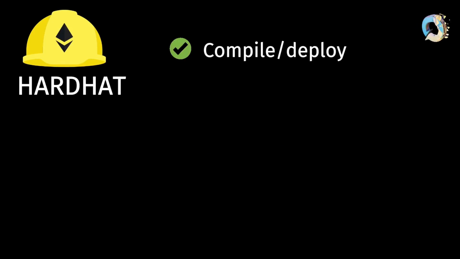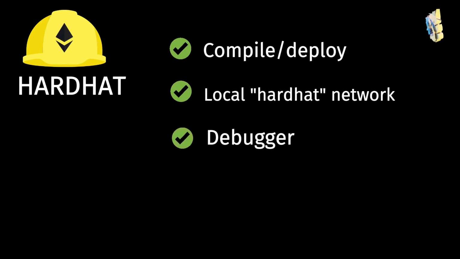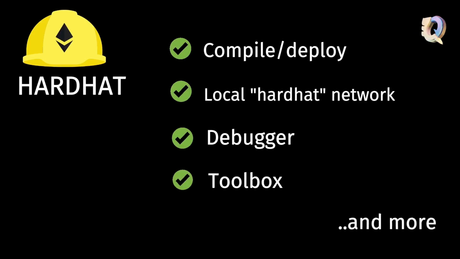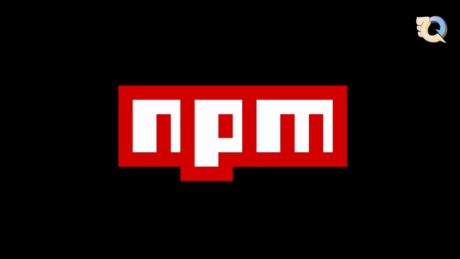Hardhat provides us with tools for compiling and deploying contracts, a local test network called Hardhat Network, an integrated debugger that makes it easy to find and fix errors in your contracts and dApps, a complete set of tools to test contracts and dApps. To develop in Hardhat, we first need to install Node.js and the Node Package Manager npm